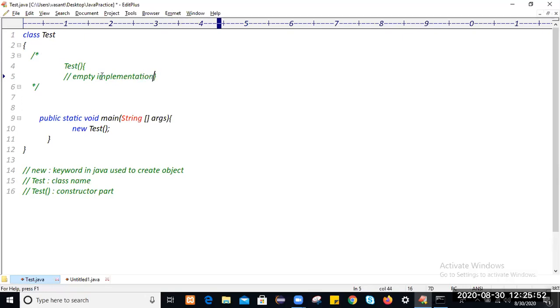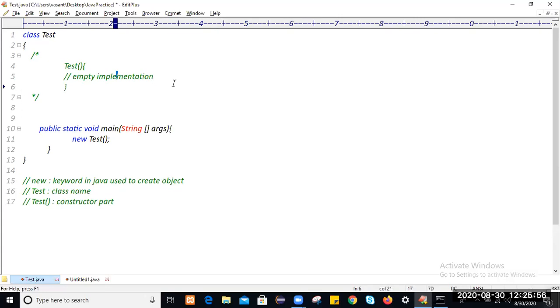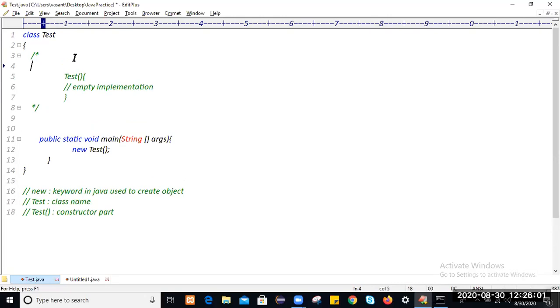Is there any implementation within the constructor? Is there any business logic within the constructor? No business logic. So who will generate this constructor? The compiler will generate it. It is compiler generated code.